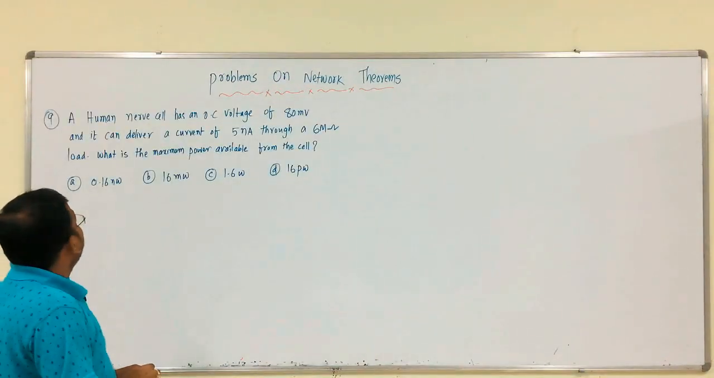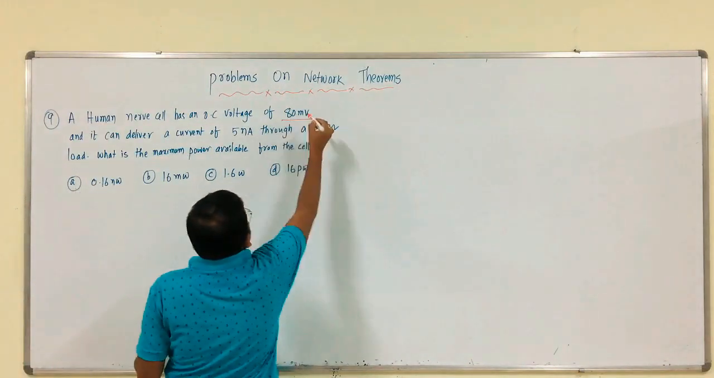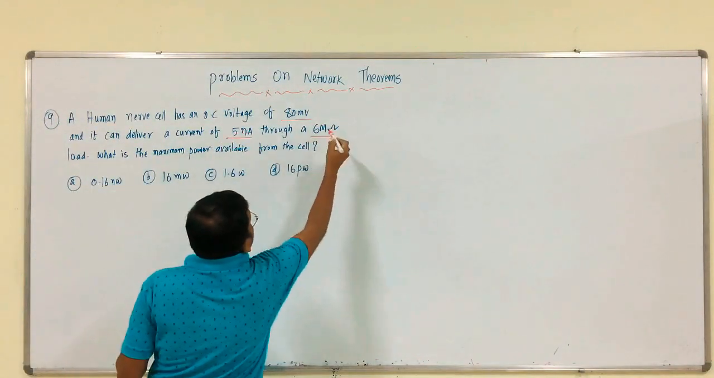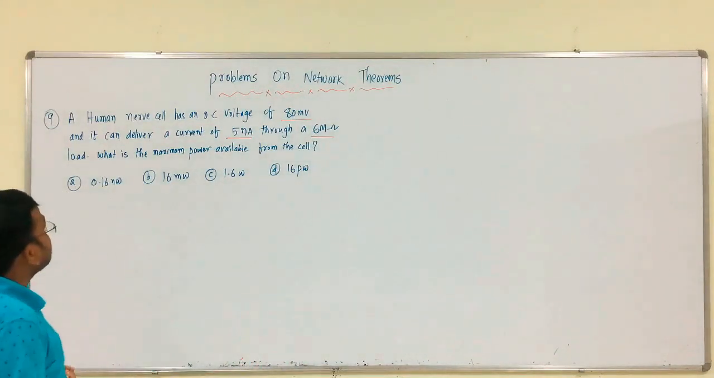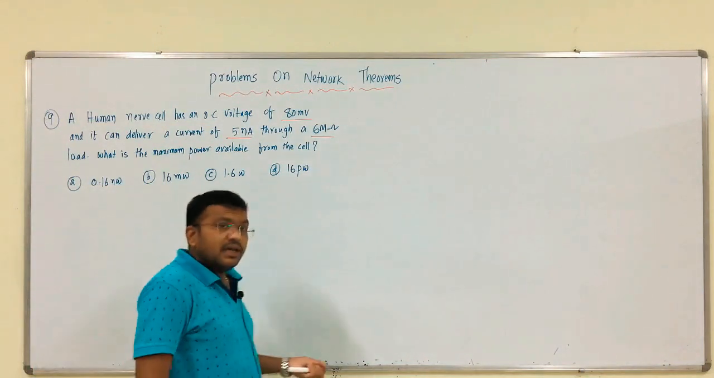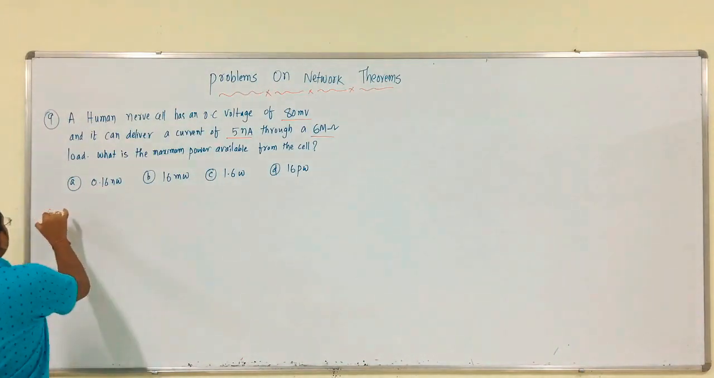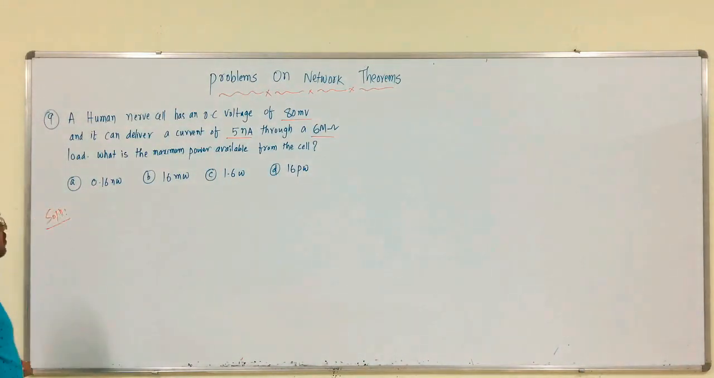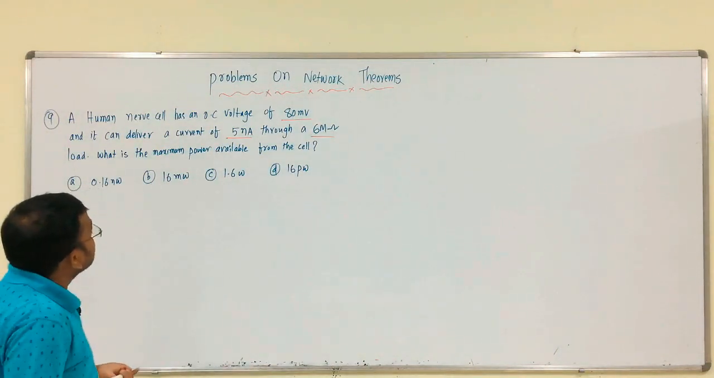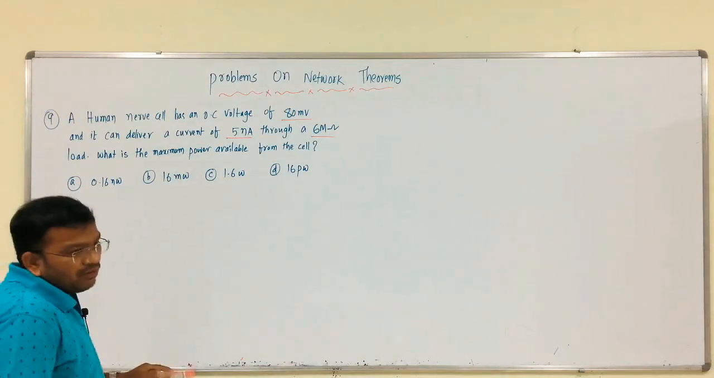Next one is, a human nerve cell has an open circuit voltage of 80 millivolts and it can deliver a current of 5 nanoamperes through a 6 mega ohm load. Then what is the maximum power available from the cell? Means what is the maximum power which is delivered by the cell? So, we have all the data except RTH, right. We have the supply voltage, that is the cell voltage, and we have the current through the load, and we have a load, but we do not have RTH,